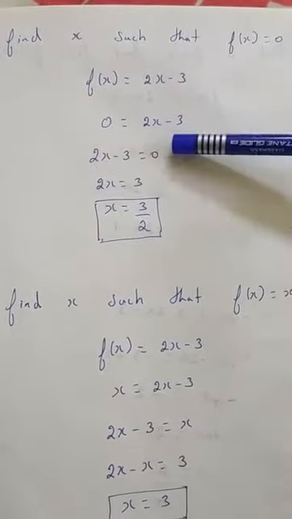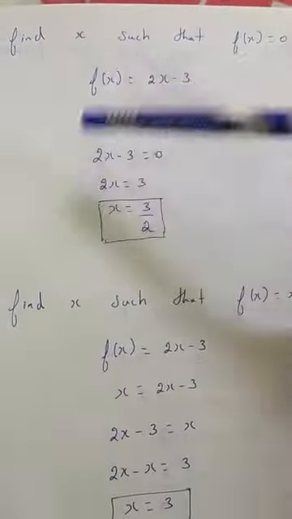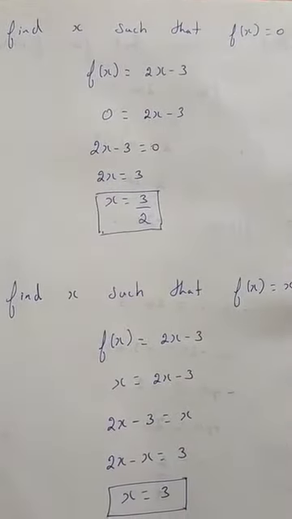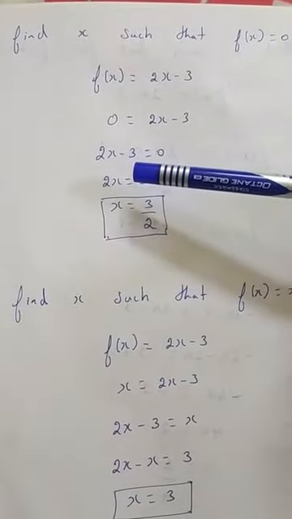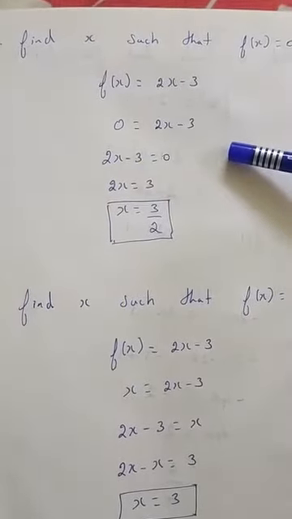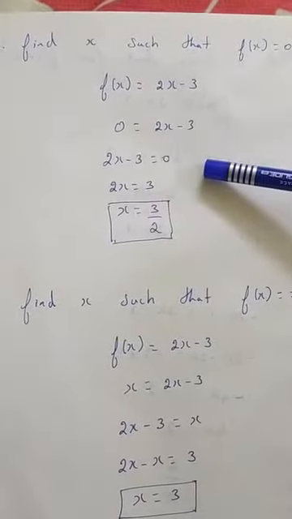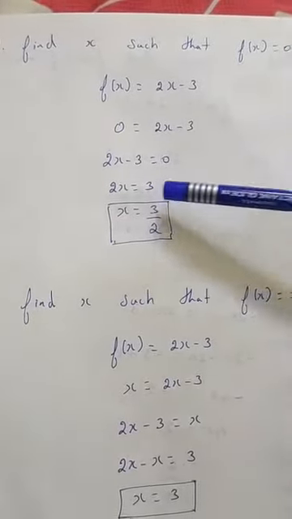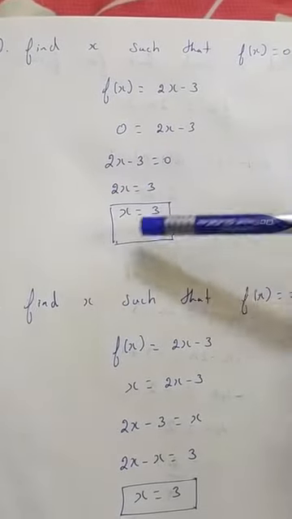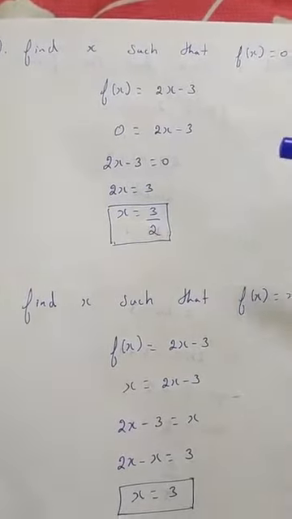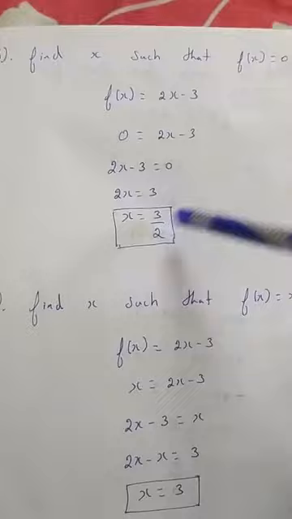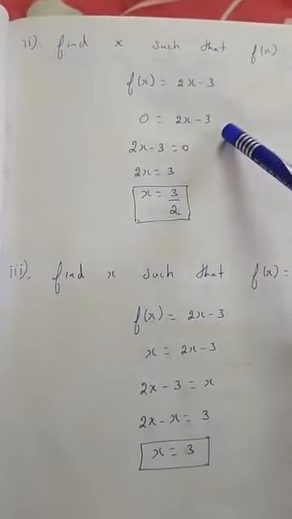So 0 is equal to 2x minus 3. So rearrange. So 2x minus 3 is equal to 0. Right? Now we have to find out the value for x. It is very simple, right? We know how to find the value for x. 2x minus 3 is equal to 0. So take this minus 3 to the next side. It becomes plus 3. So 2x is equal to 3. So 2 is in multiplication. So if we take this 2 to the next side it becomes division. Therefore x is equal to 3 divided by 2. So when f of x is equal to 0, what is the value of x? It is 3 by 2, right? This is the second subdivision.